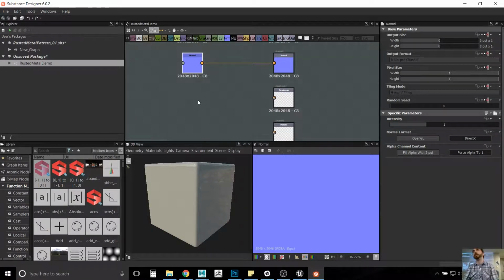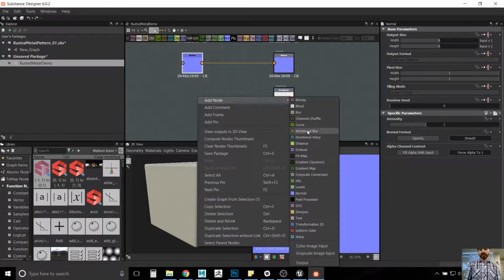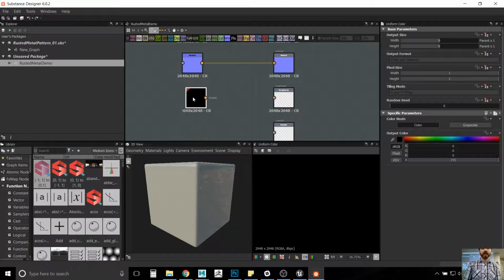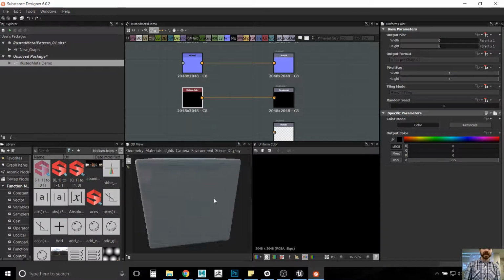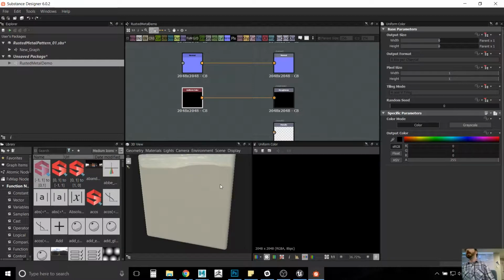Our roughness. For now, we're just going to use a uniform color. So if I plug it in, its roughness is currently black, which means that it is not rough. So if I want to adjust that,